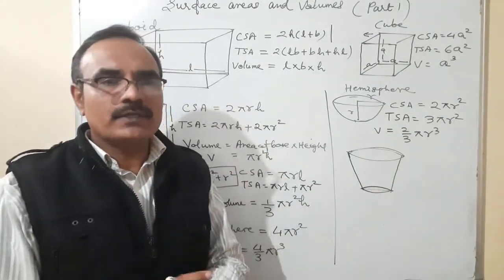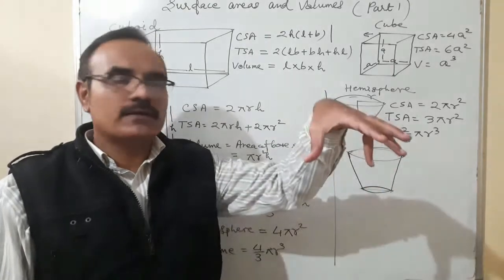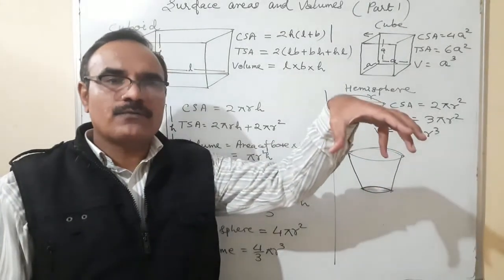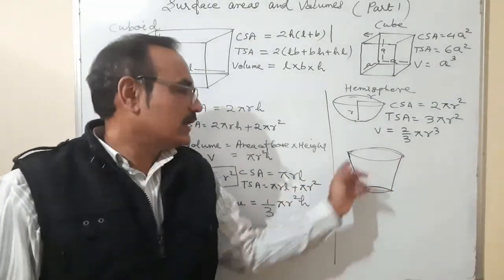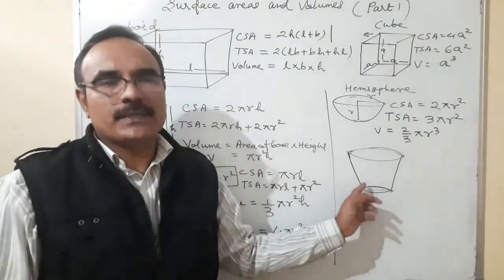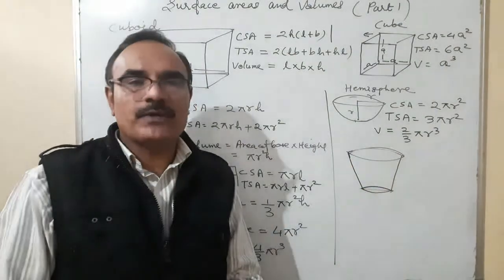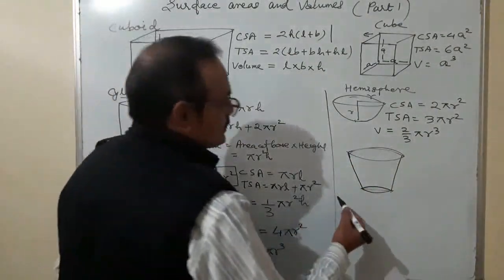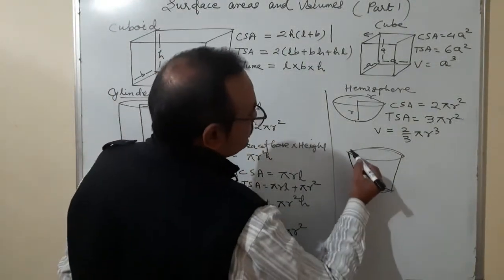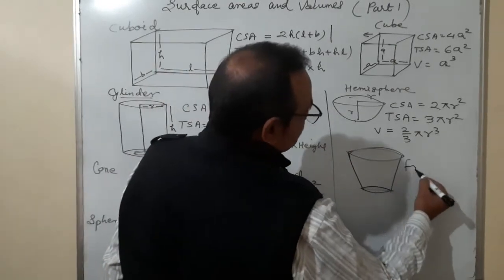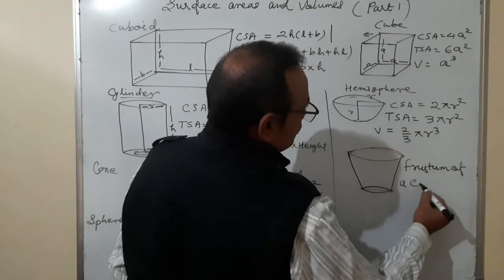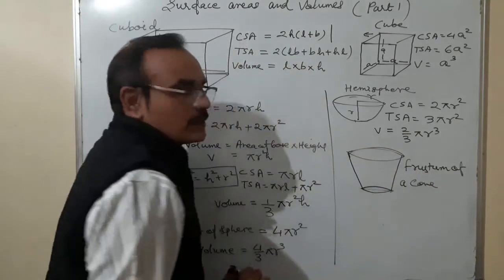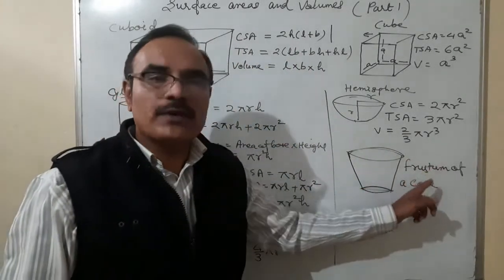When a cone is cut, two parts are formed. One is a part which is itself in the form of a cone shape, and the second part, when you remove the cone from it, is left. It's called the bucket shape, glass shape. It's called the frustum of a cone. Its complete name is frustum of a cone.